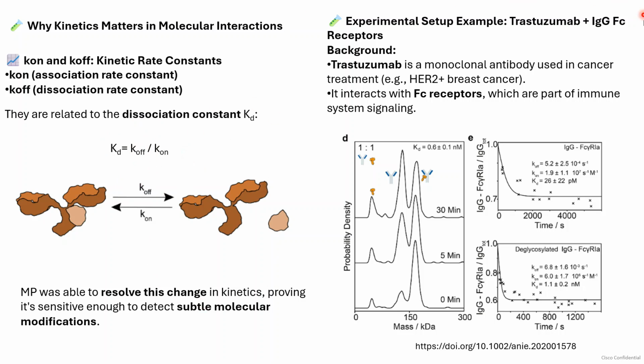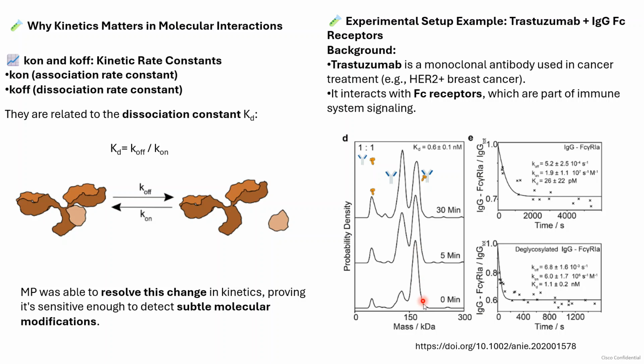One example is an antibody drug which is very helpful in breast cancer, which binds to the IgG-Fc receptors, and by binding to these receptors it acts. But what the researchers did was dilute that particular solution to a concentration that can break down that particular association. So within 0 to 30 minutes, dissociation starts.